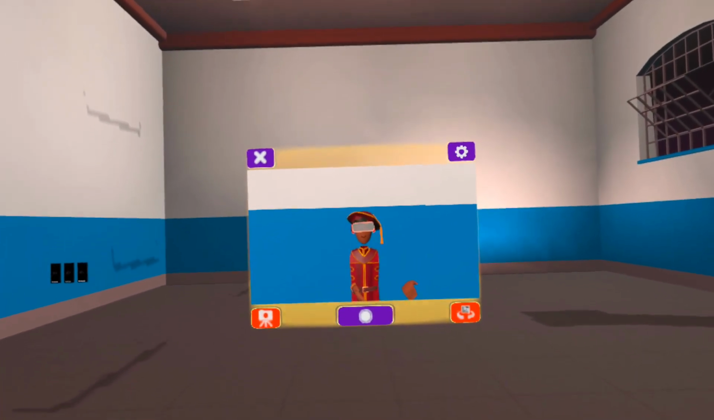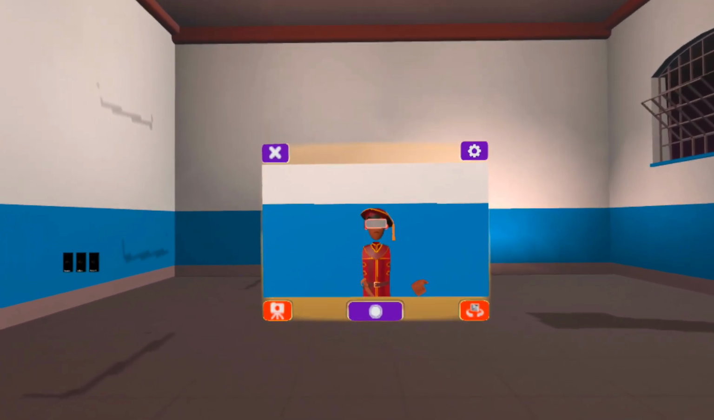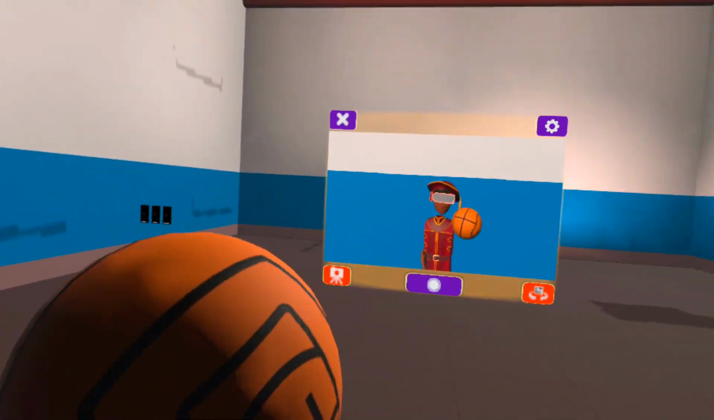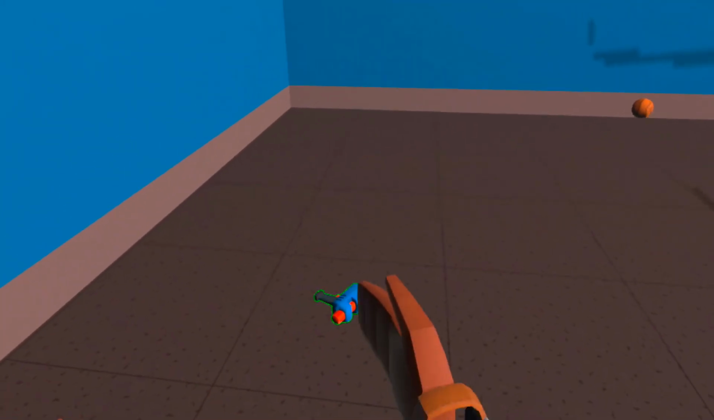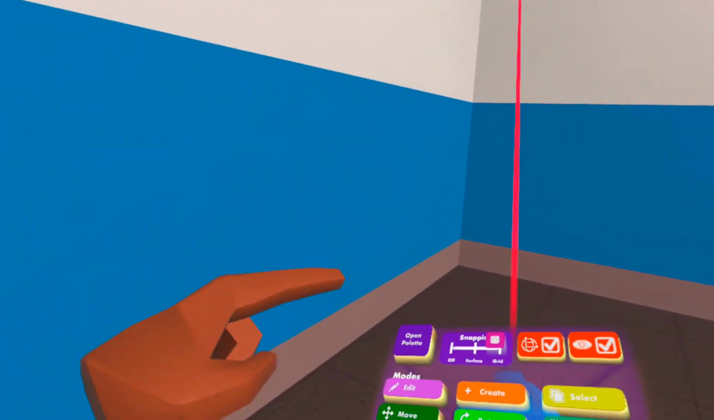Hi guys, welcome to another tutorial, and in this tutorial I'm going to show you guys how to add tags to objects such as this basketball. Let's go. Okay, so what you want to do first is you want to get your maker pen and open